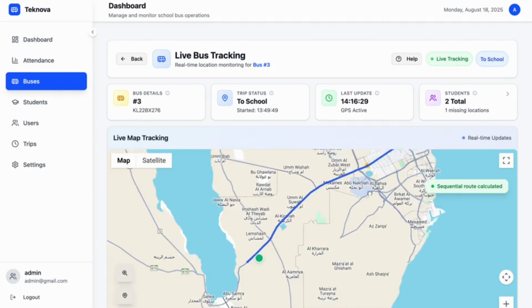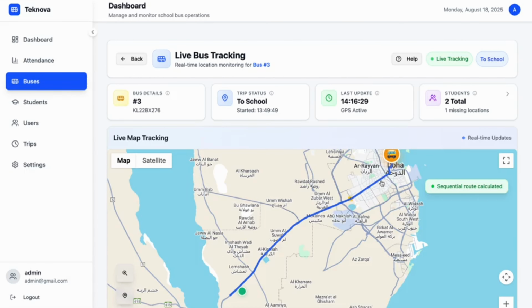Once the student reaches their home, in the parent app they'll get a notification. They'll get notifications when the trip starts, when the student boards the bus, when the student is boarded out of the bus, and when the trip gets